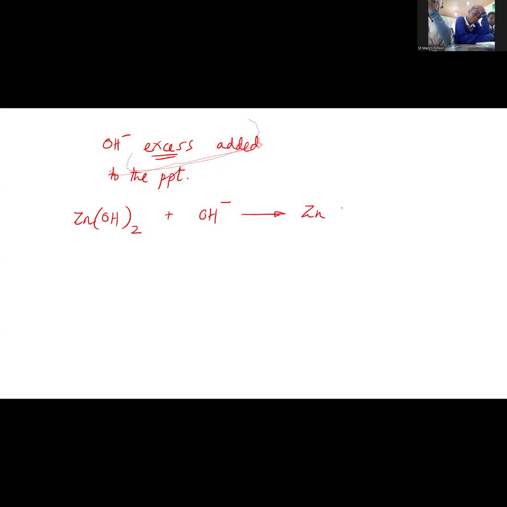So this time, OH minus in excess added. Okay, so we're adding excess OH minus to the precipitate which we have already formed. In other words, like zinc, I have already made Zn(OH)2. So if it dissolves, then what is happening is that the precipitate has more OH minus added to it, and it always forms